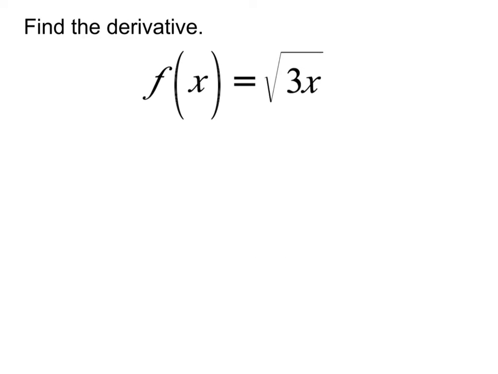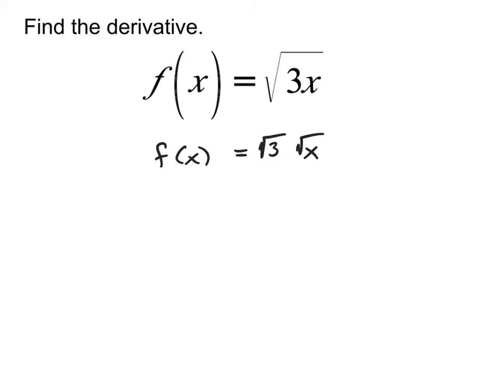So now, having done that last one, you now can actually find this derivative, although it might feel a little bit like you can't, but you can using the exact same method. And so the first thing that we did last time is that we rewrote it, right? Because with that 3x on the inside of the square root, we don't have a technique for dealing with that 3 on the inside other than simplifying. So if we do that, then the first thing I'd have to do is do the square root of 3. And I don't really want to mess around with the decimal. So what do? Well, I can just write it as root 3 times root x,